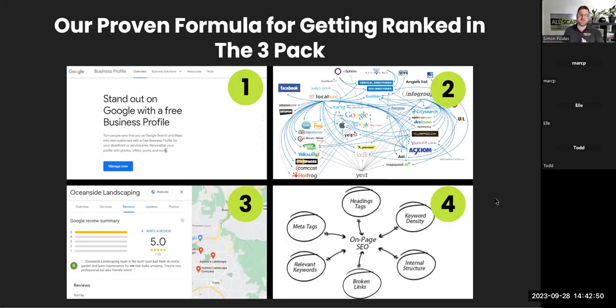You can optimize images, categories, and service areas, you can add products, you can add questions. There's lots of different things on there that you can use to stand out from the crowd. And really, if we put a lot of different profiles together and ask how do we stand out from the crowd, that's what Google's looking for too. It's the same thing when a human sees it; it's kind of the way Google is trying to look at it too. So we claim and optimize our listing, and then we jump over to